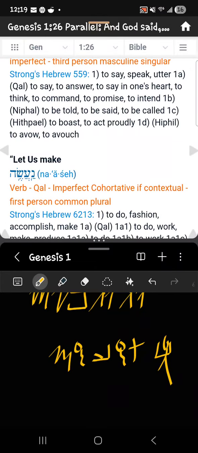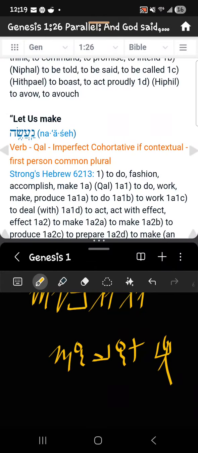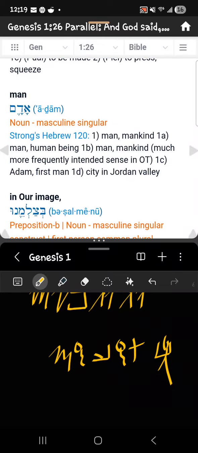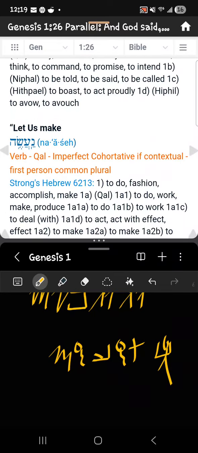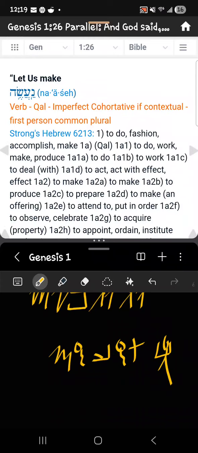Then Elohim said, let us make. People don't like the fact that they say, what do you mean, let us? Who's the us in the let us? Well, we're going to debunk some things right now. And also we're going to see, does it say let us, or does it just say make? Make Adam like us. What does it say? It doesn't matter. Na'aseh,